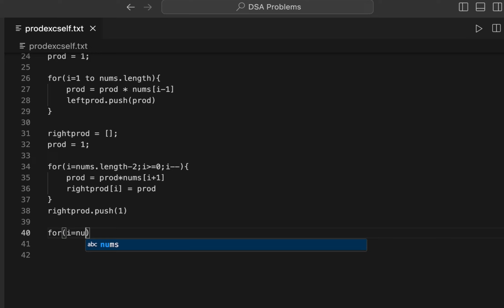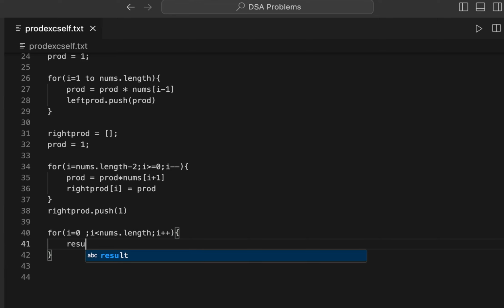again, I can multiply from everywhere, like i equals 1 also we can start it. So let's suppose we started from the first element itself. So i equals 0. And I will simply run the loop over the elements, i plus plus. And now what we need to do? Our result of i will be equal to left product of i